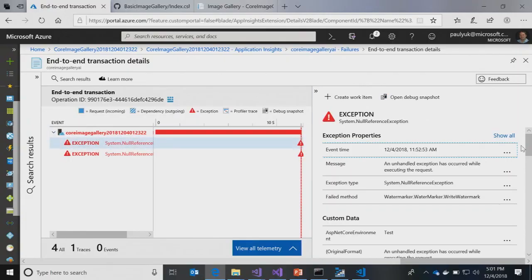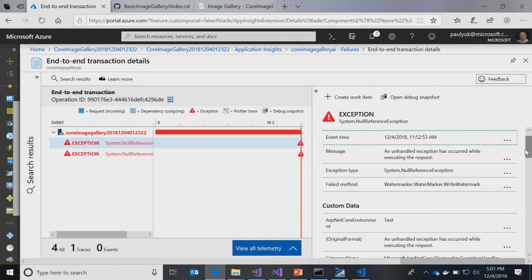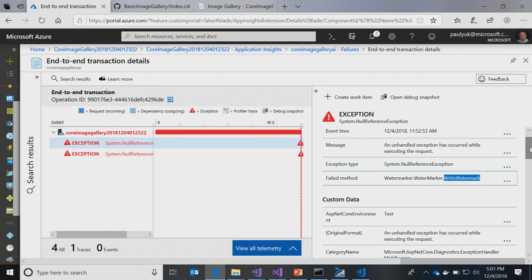All right. So what we're doing, we're looking at this exception here, and we're seeing there's an unhandled exception at the controller or the page that does a write watermark. So that was the part where you took images in and put your nice little watermark below. Now, does IIS do that, or does your code do that? That would be my code. Oh, okay. Want to double check?